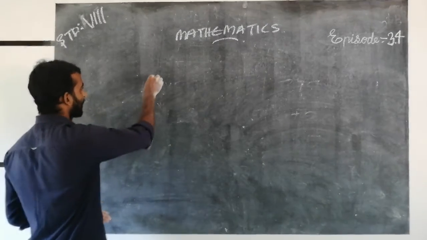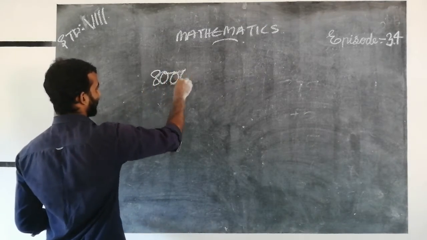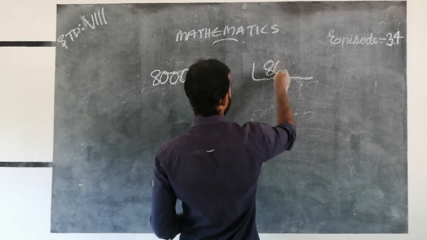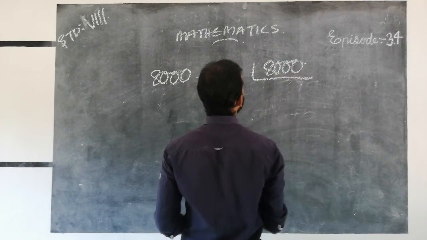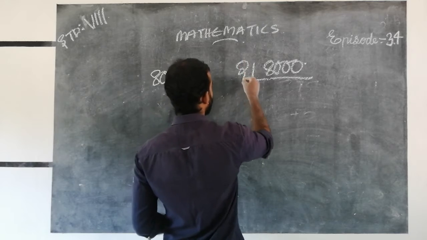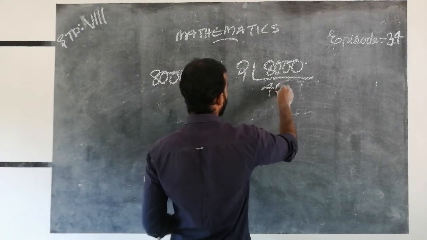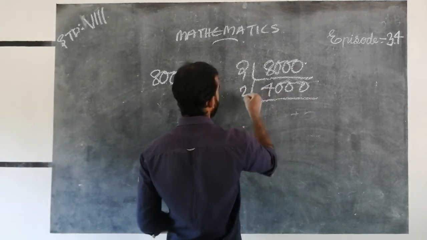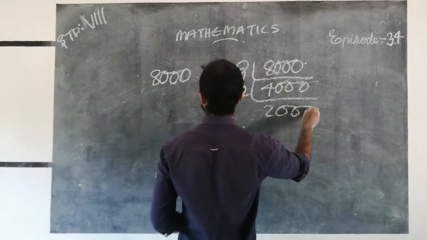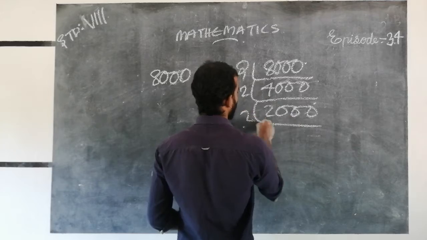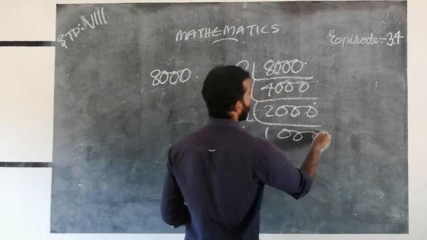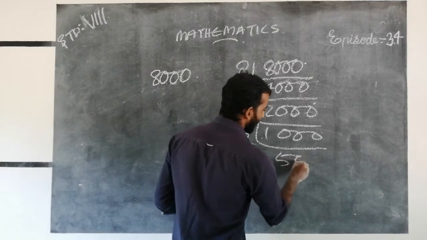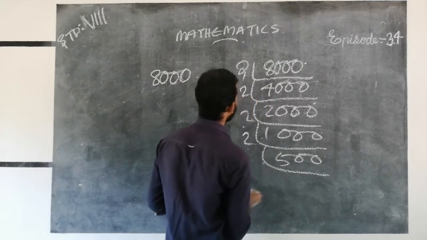8,000. That is 4,000, and next 2,000 is 2,000. 2,000 is 5, and 500, and we can write it as